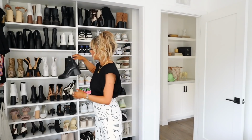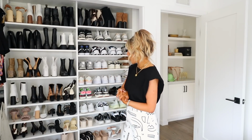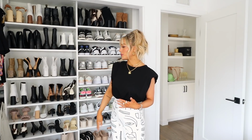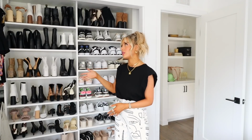You can also obviously point all the shoes outward if you want. You can play around with it and it just looks really nice. So this is kind of my system for my shoes, and then that side of the closet is clothes for shooting and collabs and work and things like that. So just a little bit more